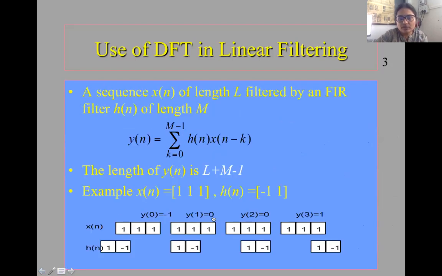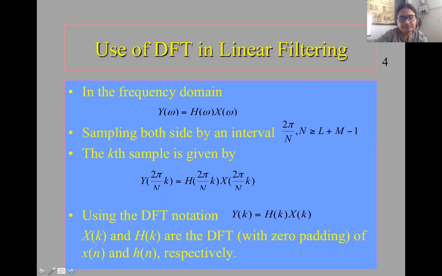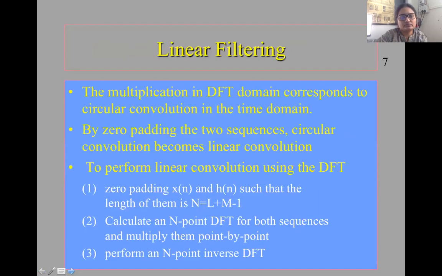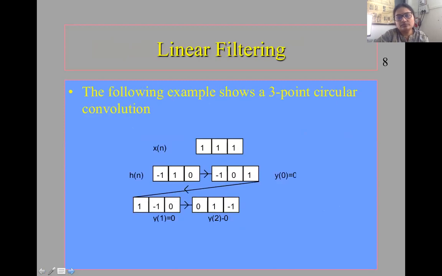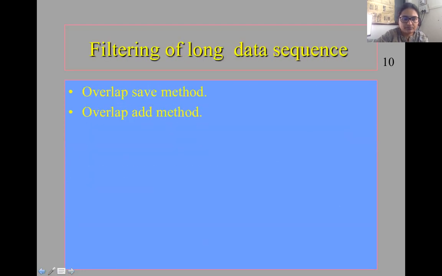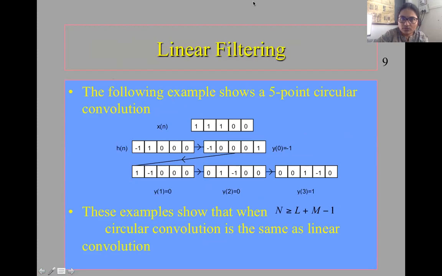So this is x of n. हा आता आपण सिक्वेन्स हा फोल्ड केलेला आहे. And then we perform the multiplication. So you can find out linear convolution, doesn't matter. मग here circular convolution मध्ये overlapping होते, त्याच्यामुळे I will show you notes so that you will understand from the notes itself.